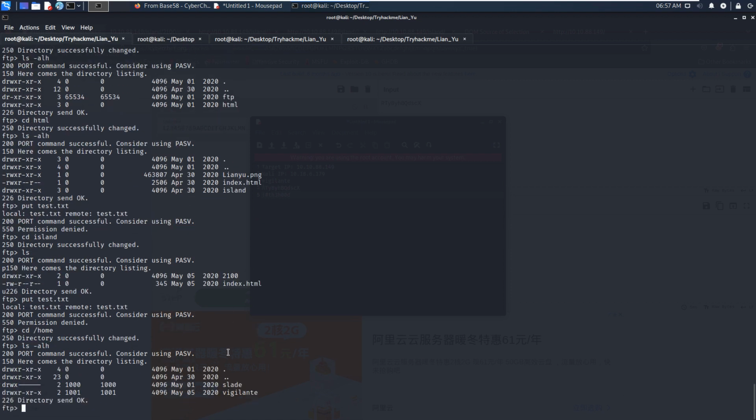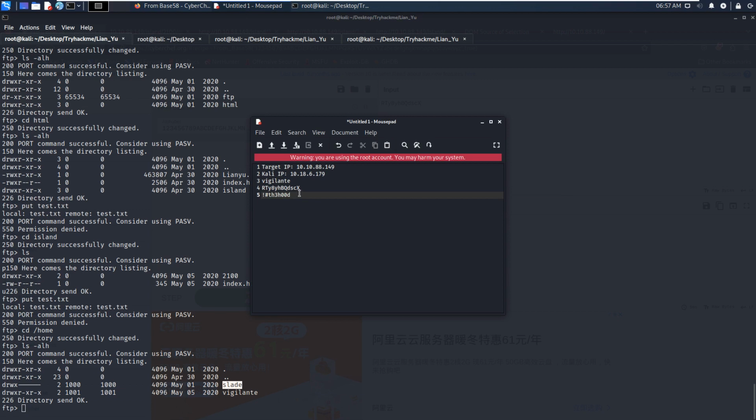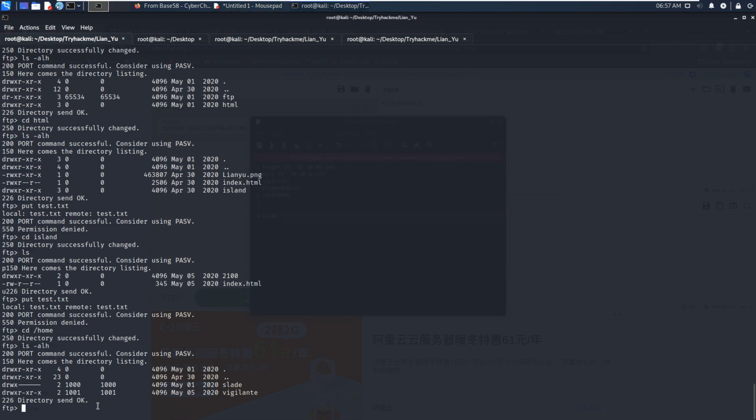We can know that there is another user, Slate. We can copy it, and then note it down in our notebook. And then what can we do next? We need to, before we try to